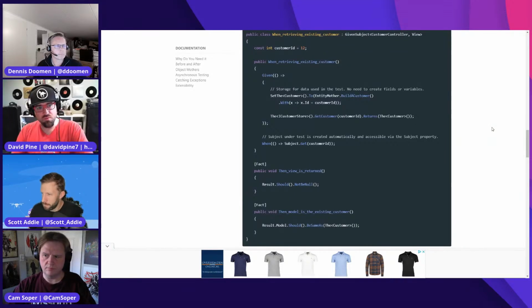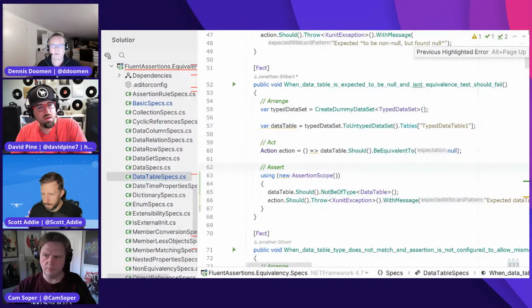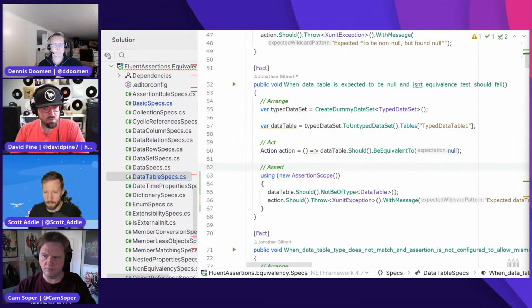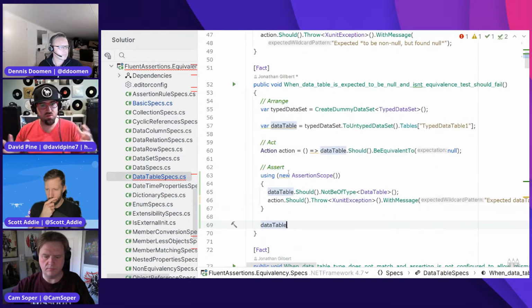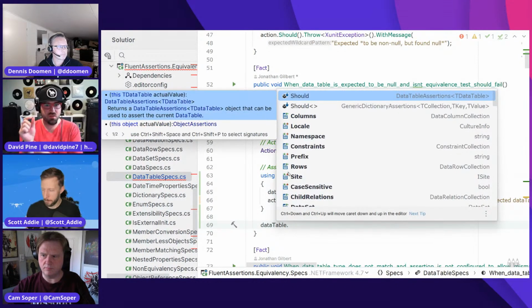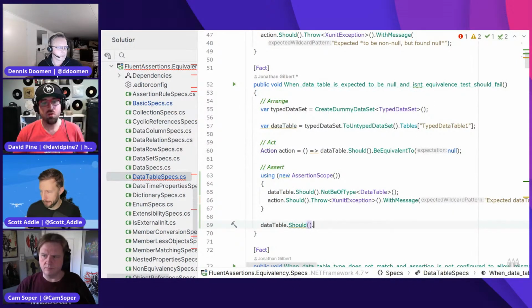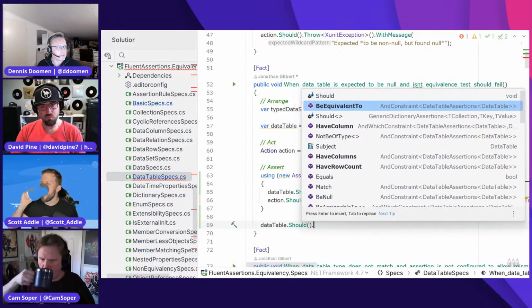So we've talked a lot about different concepts and best practices and argued different perspectives. I'm actually really curious now about your API specifically, as it relates to Fluent Assertions. Can you just start typing, for example, DataTable dot, and I'm curious, when does Fluent Assertions pick up? Does it start with should, and then from that it chains off? Always should. Should is an extension method, and from there on you see BeEquivalentTo,